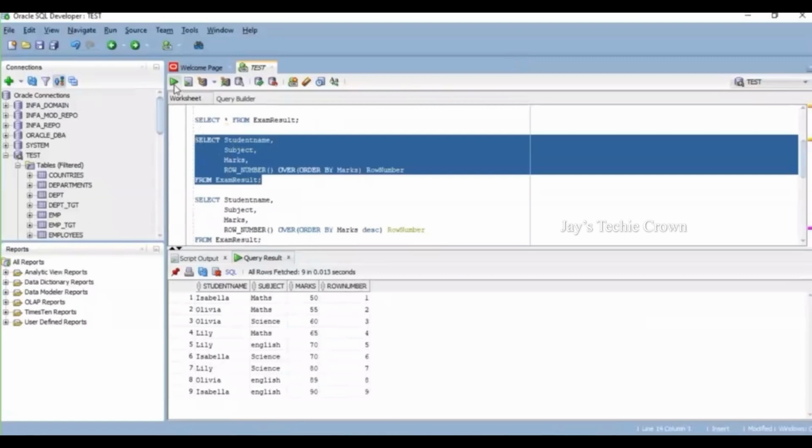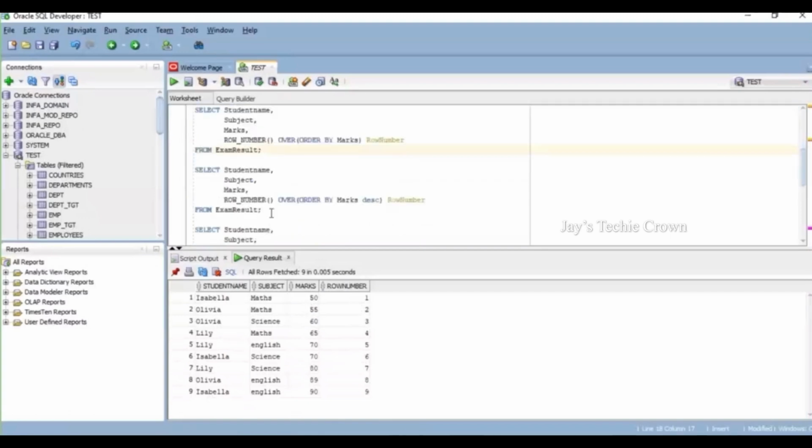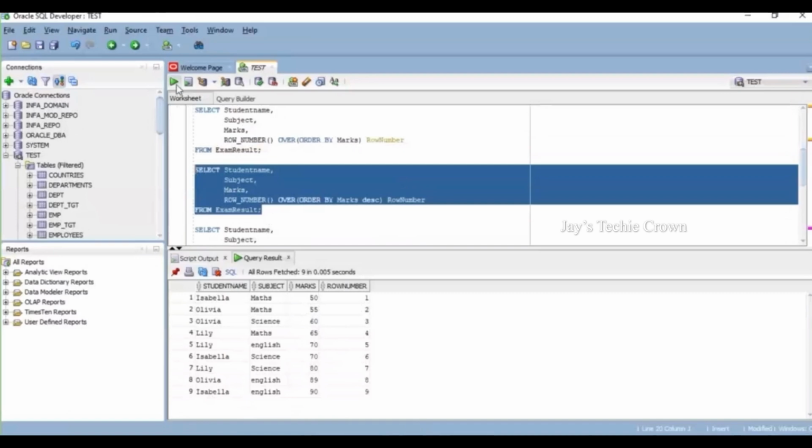So you can see now, based on the marks 50, 55, 60, 65, it created the row number 1, 2, 3, 4, 5, 6, 7, 8, 9. So 9 rows based on the values. Now let us go ahead with descending on the same table using the row number. It will be in the reverse order. See, from the highest to the lowest, the row number has created the sequence, and we can call this as well a rank function.